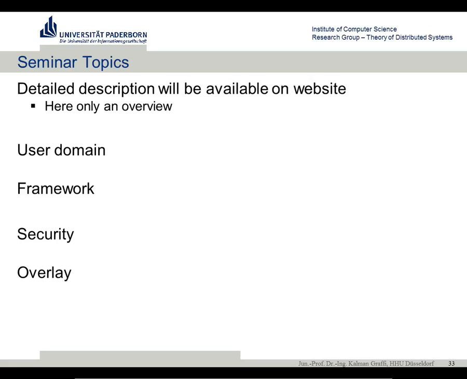Okay, but before I talk about it, there is the overview of the topics. Now I want to shortly present them. There will be just 1 title basically, and a long description. I will talk a little bit about them, but there will be a document with the topics and the initial papers on the website. You can have a look, so you don't have to decide now, just get an idea. There are 4 big topic domains,